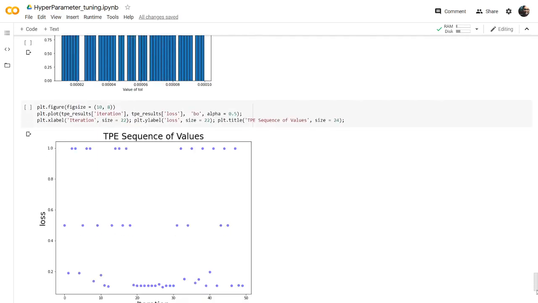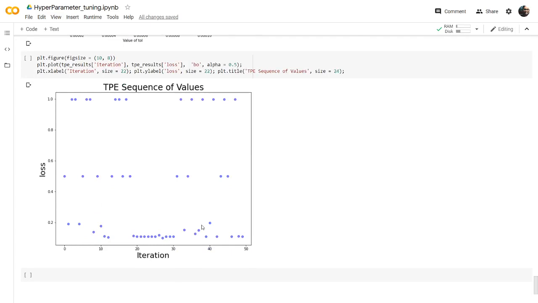If you also visualize the loss, you can see how the loss is. In most of the iterations you can see the loss is below 0.2. So it performed very well, because it was searching the values which give less loss, and the values which give more loss are just above this one, and there are only a few trials like that. But if you see, more trials are at less than 0.2. So it actually worked very well, if you want to say.